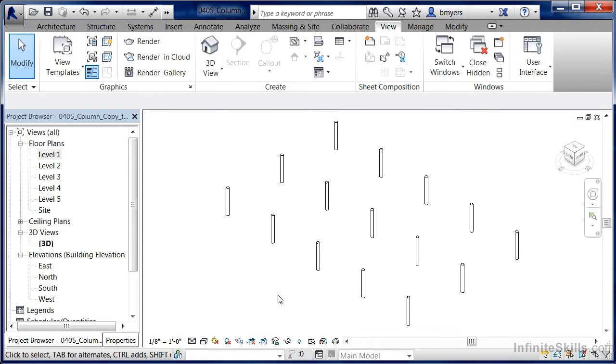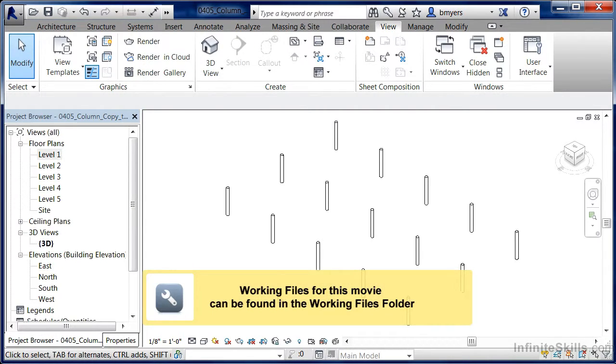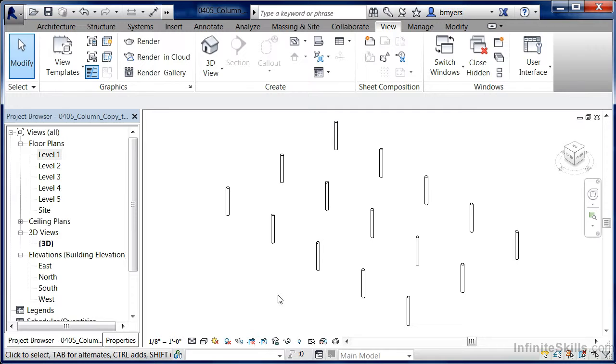In this exercise, we're going to learn how to copy columns from one floor up to the next floor. Now, the reason why you'd ever want to do that is because when you first model a three-dimensional column like this, you want it to be modeled to real-world dimensions, such as if that column only goes from the first floor up to the second floor, you want to make sure that it's modeled that way. Then, on the second floor and the third floor, you want to copy those columns up and stack them on